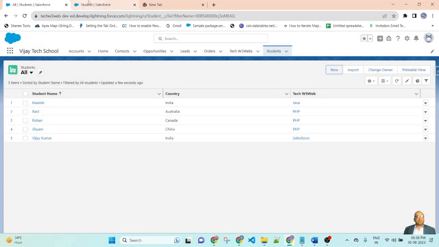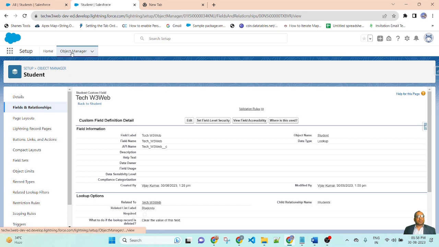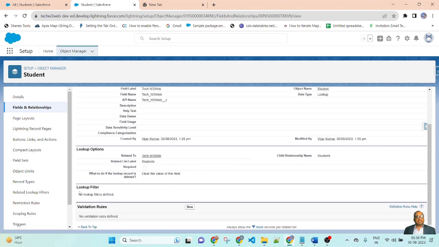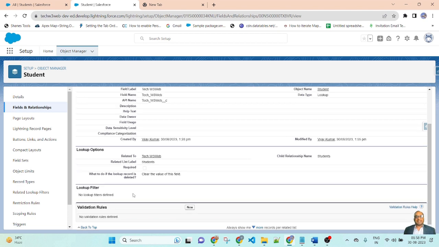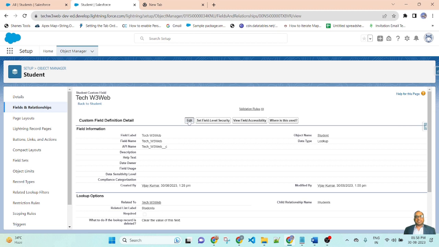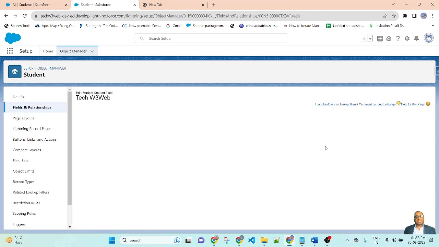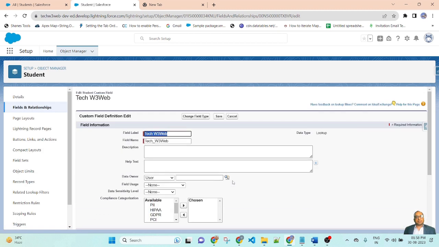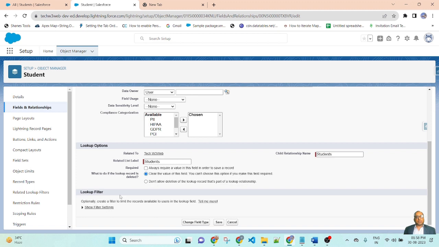So let me go to the setup, Object Manager, Fields and Relationships, and there is a lookup filter. Right now there is no lookup filter criteria added here. Now go to edit the page. Here, under lookup filter, click Show Filter Settings.